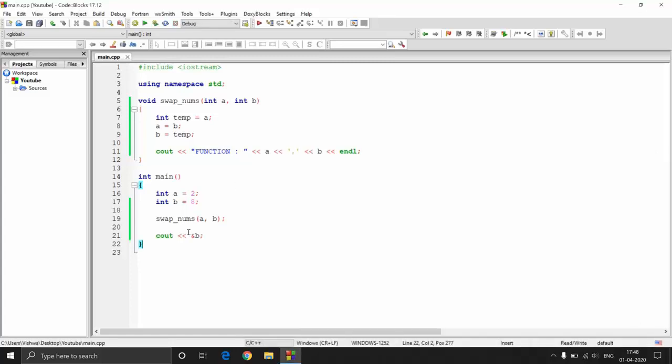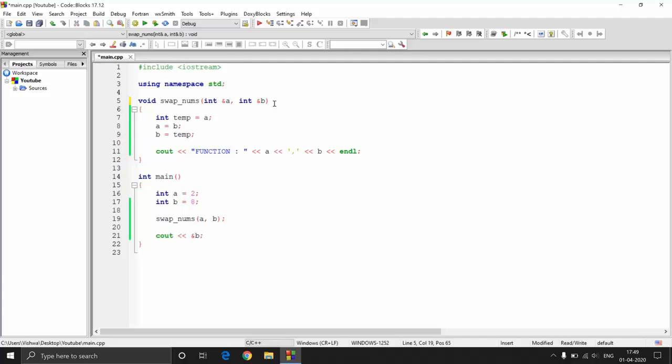So now what we are going to do is, instead of passing the values inside this, we are going to pass the address over here, so that it knows that it needs to work on those addresses only. So here, instead of declaring variables like int a and int b, I'm going to specify that we are going to get the address of a and b, or any variable. You can put x and y over here, it doesn't matter. What it specifically means is that you are going to get a variable's address, and you need to work on that particular address only. You don't have to create a new variable. That's what this particular ampersand means. You can put any name over here, it doesn't matter.